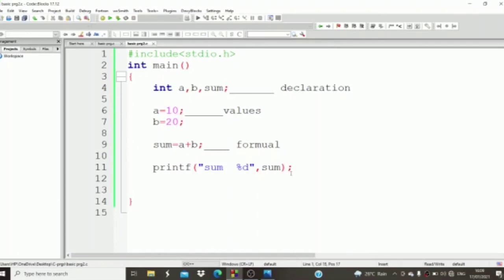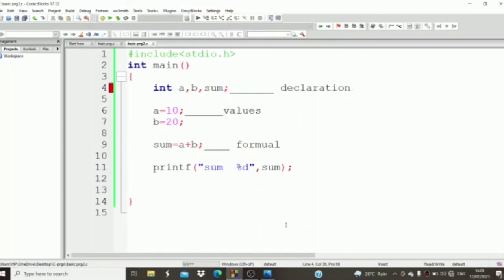This is our program for today's section. The comments are not needed, but for your understanding I wrote them so that you know what is the declaration, values, and formula, right?